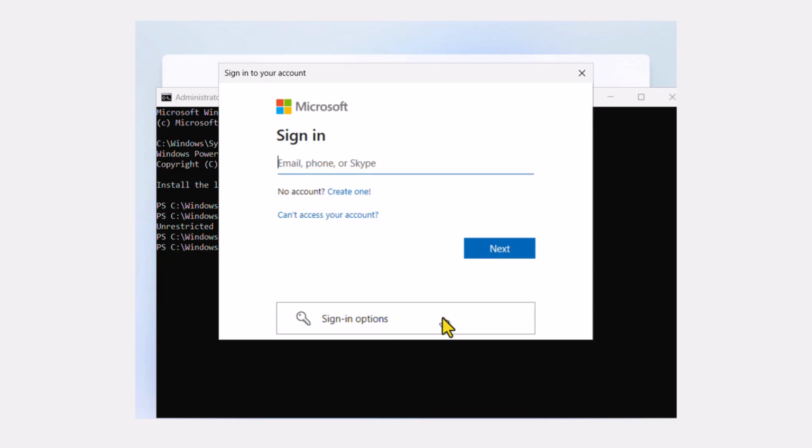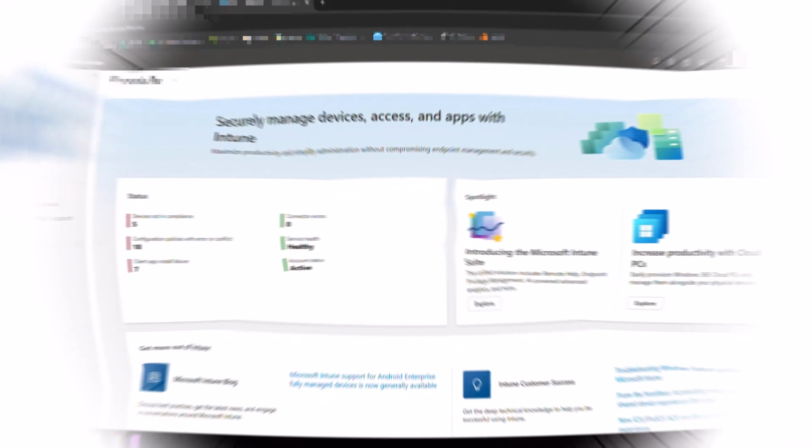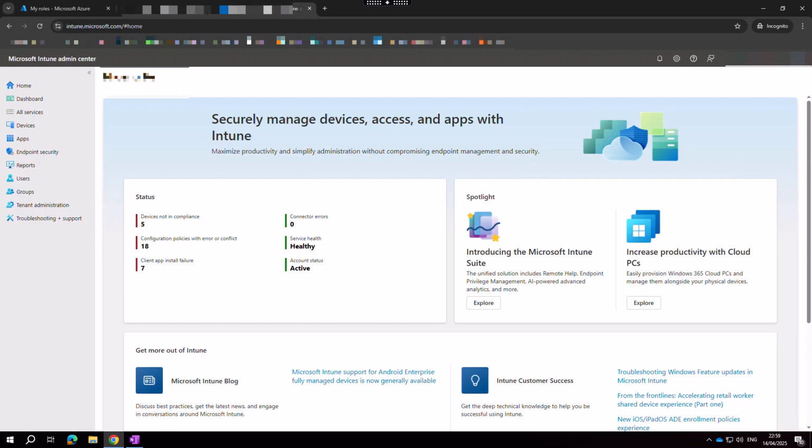As this is a virtual machine, I'm not going to sign in with my account. However, I will show you the Microsoft Intune where the device hardware gets uploaded, and even I will show you how you can upload a hardware hash in Microsoft Intune Autopilot devices. For devices undergoing Windows setup and out-of-the-box experience, once you have uploaded the hardware hashes, you need to restart the device. Post restart, the device should automatically pick up the Windows Autopilot profile and OOBE should run through the Windows